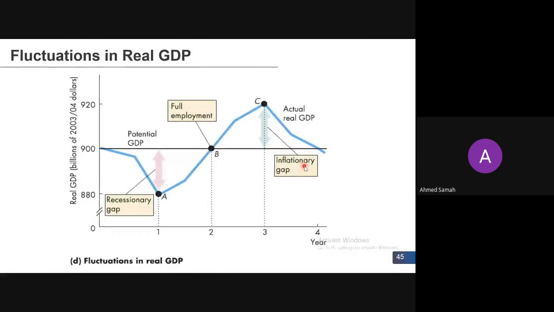So here is the curve, in terms of fluctuations of real GDP or the business cycle. As you can see here, the black line is the potential GDP, and the long run aggregate supply curve will also be at this level. So here you can see at the point A,